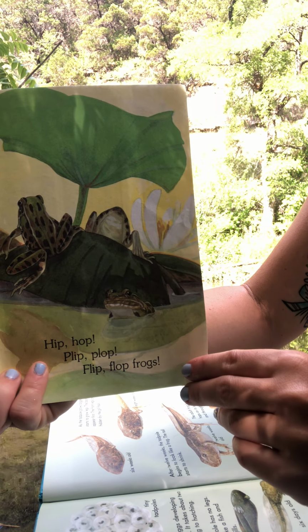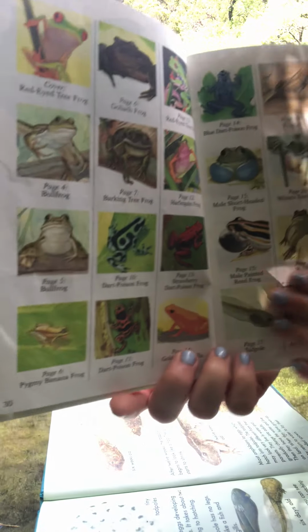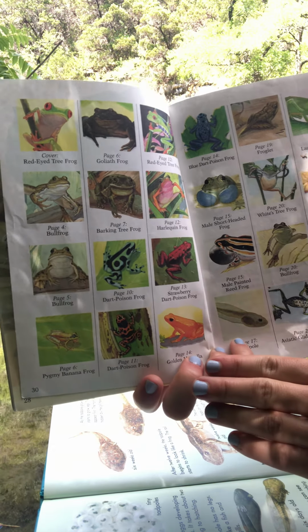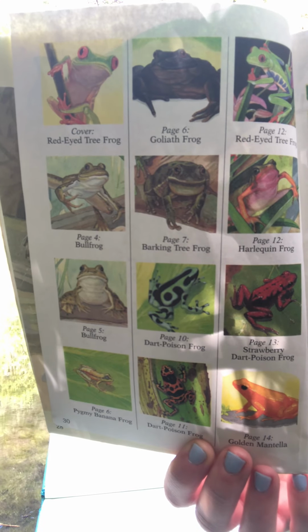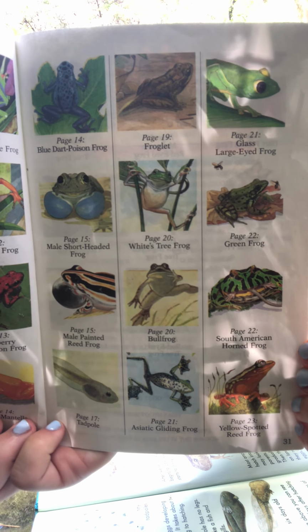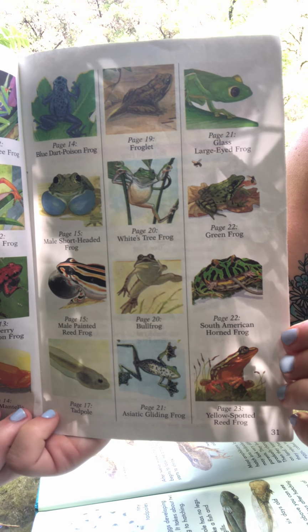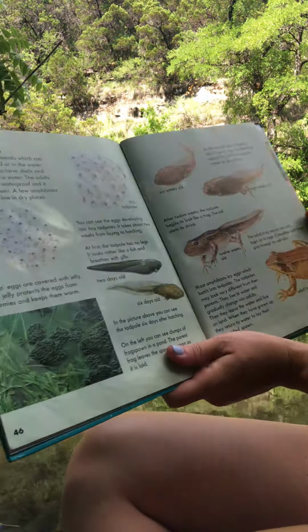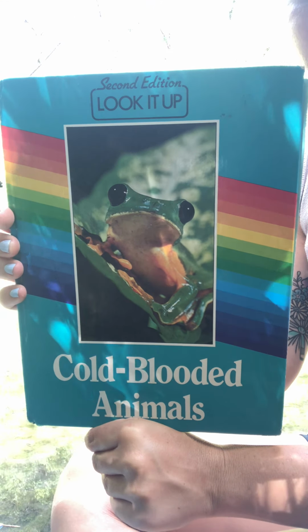Hip-hop, flip-flop frogs. Ooh, and then it tells you all the different kinds of frogs that were in this book. That was amazing. There's so many different kinds. And a lot of these frogs, it said, live in other parts of the world, like in rainforests and jungles. Pretty cool. Okay, and then we can just review a little bit in this book called Cold-Blooded Animals,